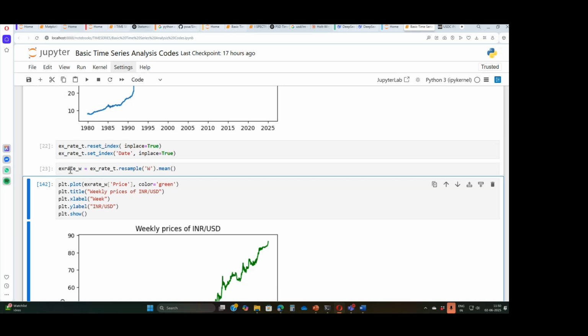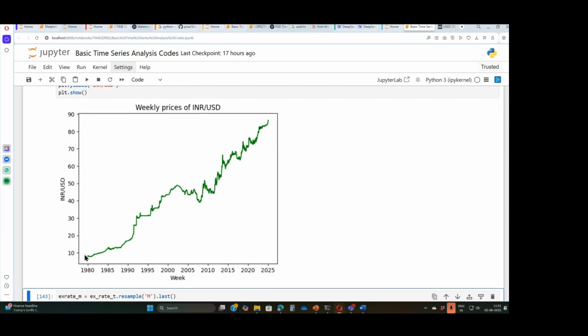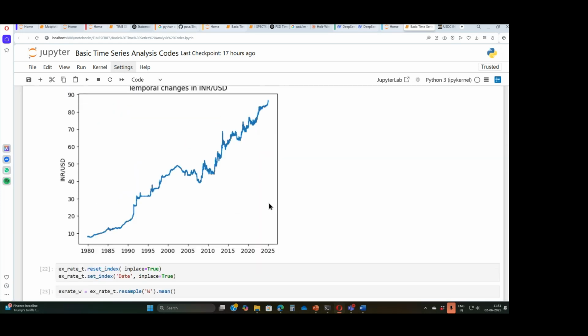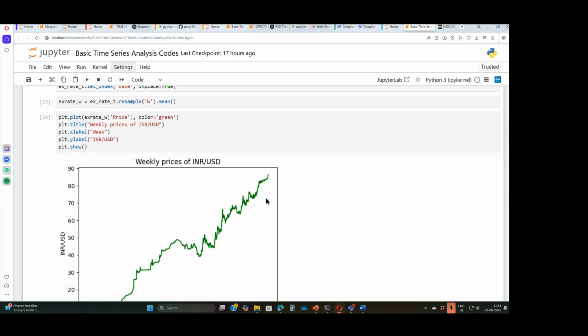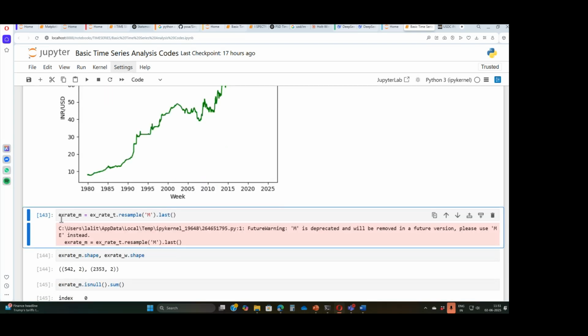Now you can see this file, no? And the name of the variable is fine. I want it in green, and I want all the titles. This will be familiar. And now my data is weekly. It more or less looks just the same, just a little more smooth because it will average out. I can also use the last value, in which case I'll put last. I will show you that as I do this.